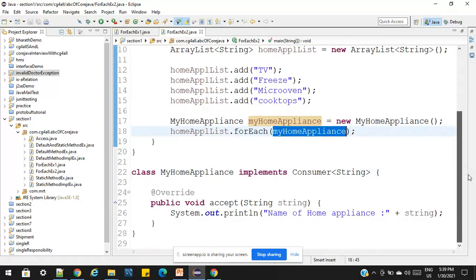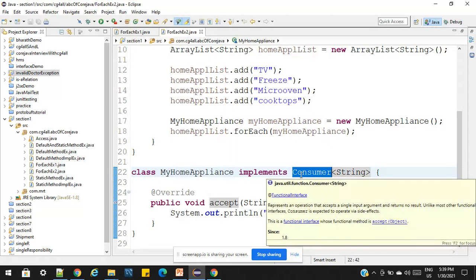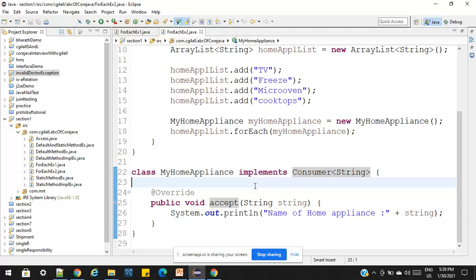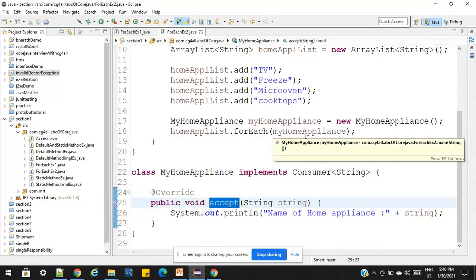Here I am taking a HomeAppliance class. This HomeAppliance implements Consumer. Consumer is an interface, so when we implement it, we have to implement its method, the accept method. Then, on top of that, how do we use this HomeAppliance? The business logic and the iterator logic are both separate.